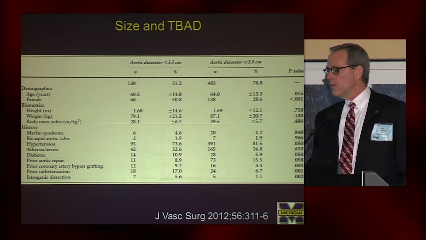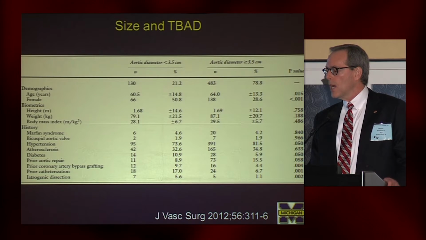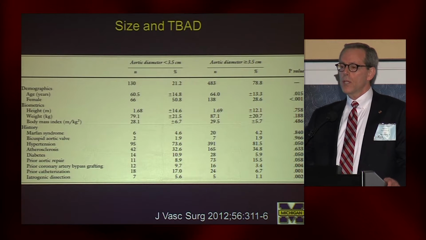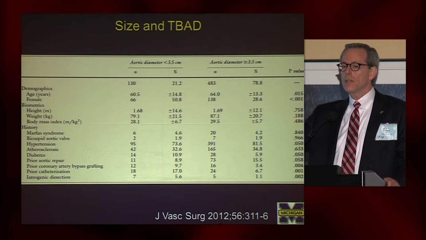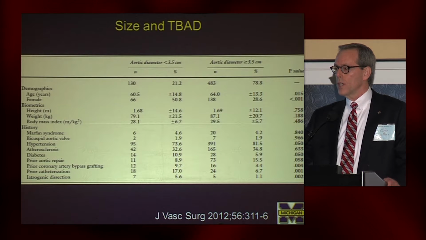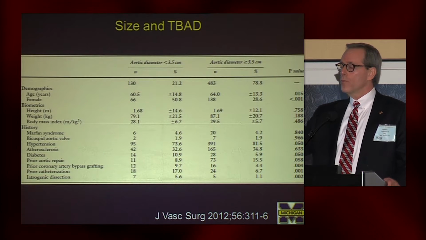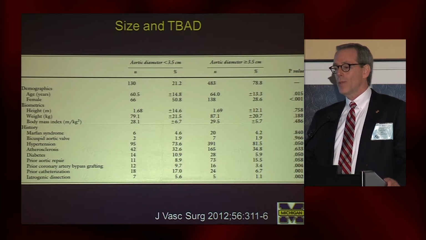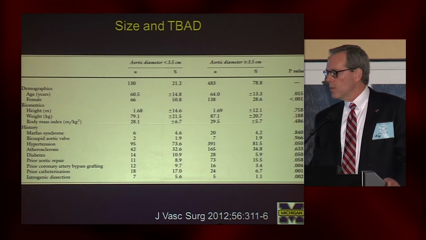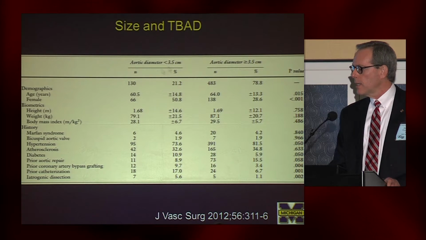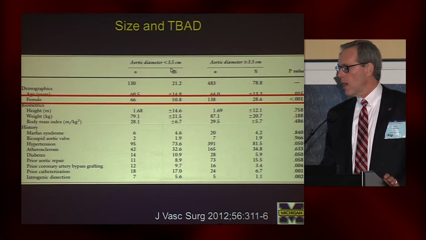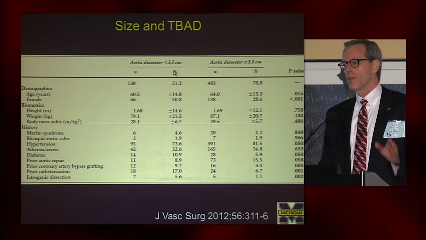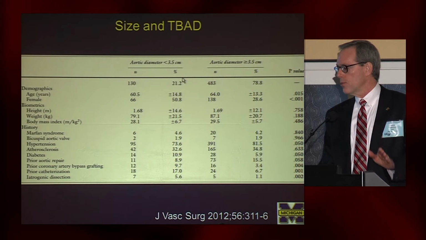Size of aneurysm. So what we looked at for this analysis was, once a patient presented with a type B aortic dissection, we had the size of the aorta at the time of presentation. And we've looked at that. And we previously had also published data looking at the type As, which showed that a lot of people dissect when their aortas are not all that big. And we found the same thing with type Bs, but also some significant differences between those who had an aorta less than 3.5 centimeters when they presented with dissection versus those who had larger aortas.